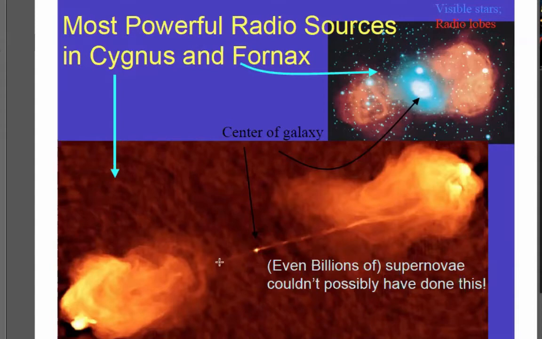Probably the spin or the axis of these giant black holes is determined by the angular momentum of the material that they're consuming, the gas which accretes onto a black hole. As it falls closer and closer, it's going to start having a lot of rotation. It probably settles down into some kind of a disk. In fact, I'll show you direct evidence of that. These jets are probably being blasted out of the poles.